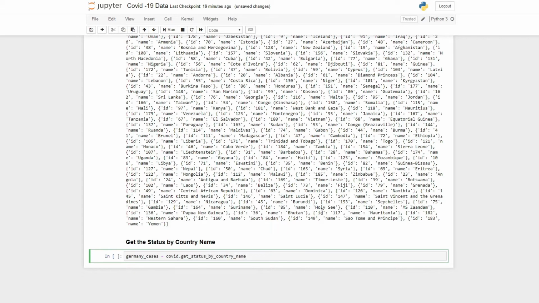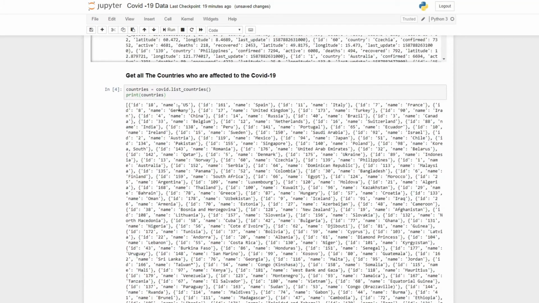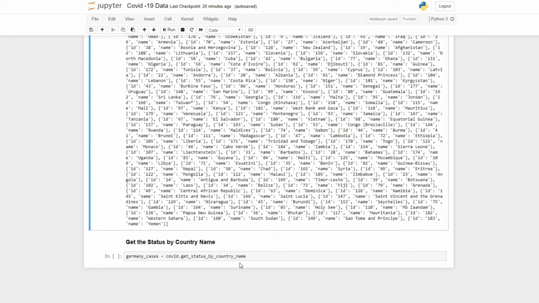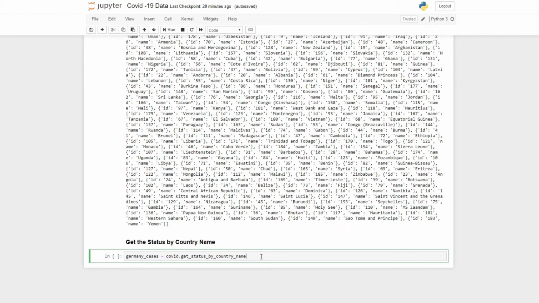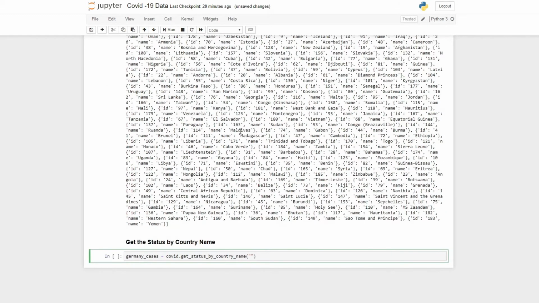You can also choose country ID if you already know the ID. For example, here is Germany and the ID is 8. So you can also write get status by country ID, and that will be equal to 8, but you can also write the name as well. I'll write the name, so it is Germany, right? G is in capital obviously because this is the country name. Okay, fine. Now let's print Germany cases.